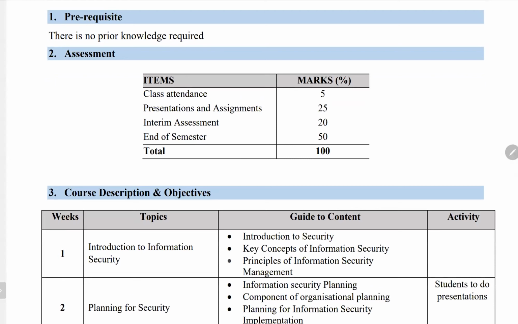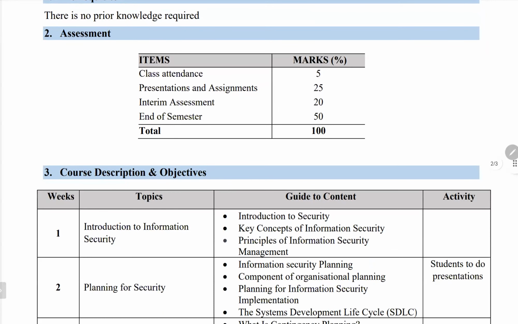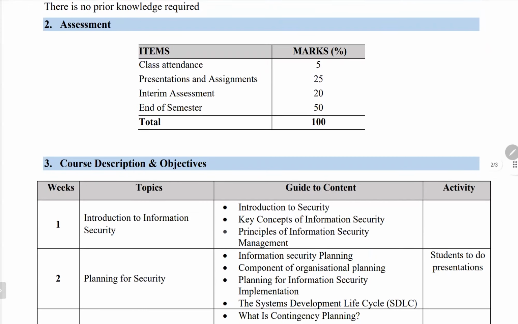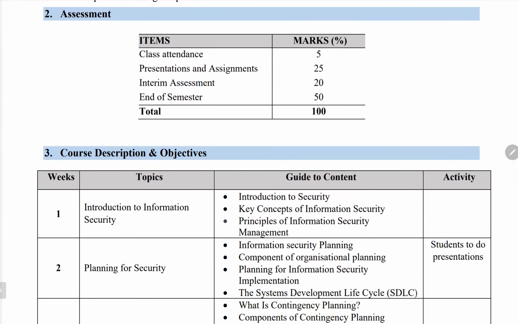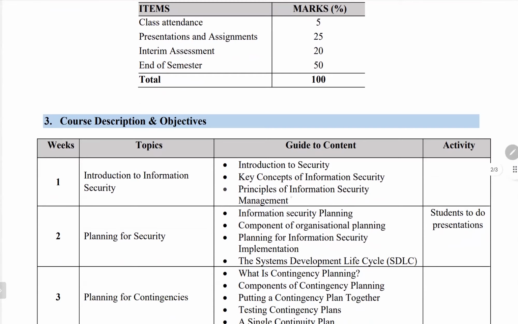So this is the assessment. Class attendance, which is very important to me, is 5% of the total score. Then along the line, you make 1 or 2 presentations, and also I'll give you some assignments, which carry 25 marks. In other words, the midterm also will be 25, and for the midterm, usually I give a task for you to write a report on. Then at the end of semester, I don't like to give online questions. To me, it's easy if you come to write it, but we'll handle that later. So I expect you to make 100% and get your A.